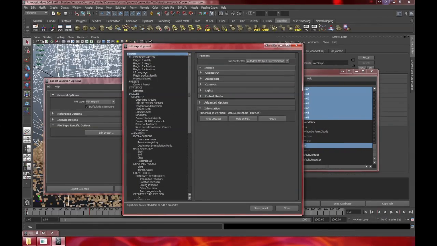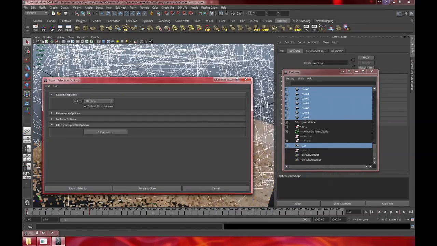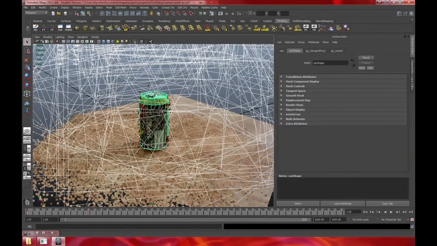So let me see, edit preset animation. You want to make sure that animation is checked. That way your animated render camera information will be saved so that Nuke can read that. Otherwise it'll just come in with no animation on it. So that's what you're going to want to do for that. And then if you just export it, in this case I already have an exported version of it,